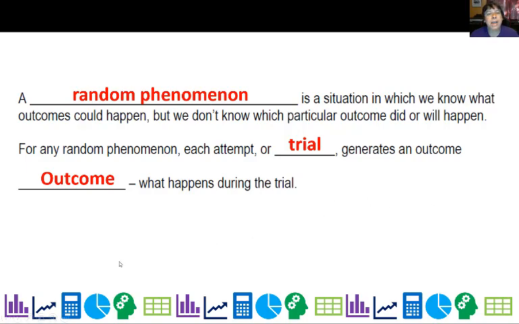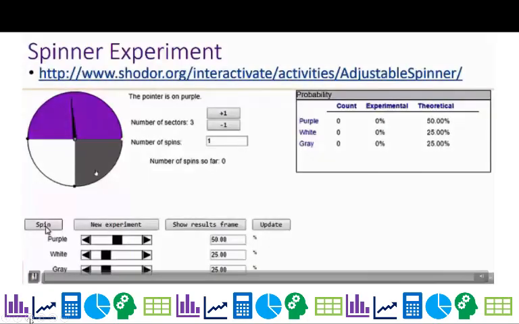So we're going to go ahead and do a random experiment where we have a spinner, and I created it for Cedar Ridge colors, purple, silver, and white. Then I couldn't do black, so I did white and silver, or gray, and I set those both to 25%. So based on these areas, you would predict that, let's say I did a total of 4 spins, I would have 2 purples, 1 white, and 1 gray, right? So that's what I would predict. And on 1 spin, I would get a 50-50 shot of getting purple.